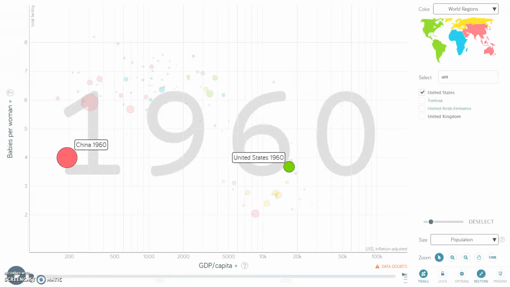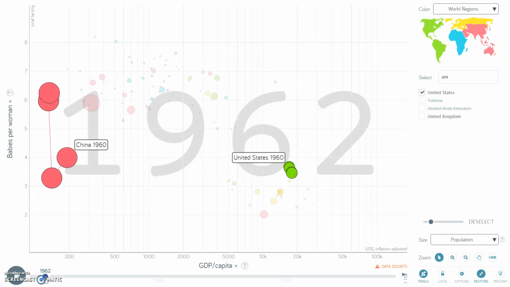All right, we're going to look at two countries here, China and the United States of America, starting in 1960. China right now would be in the middle of a famine, and the United States is actually sitting really well in the GDP per capita region. Very high GDP per capita coming off those post-war years. So as we move forward,